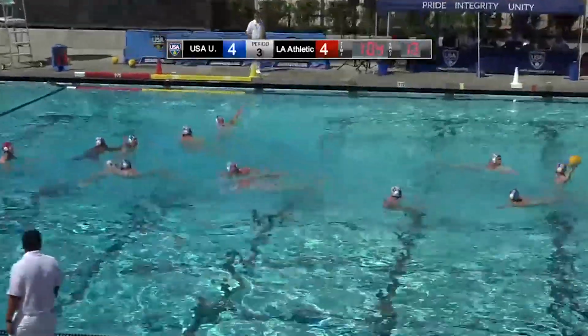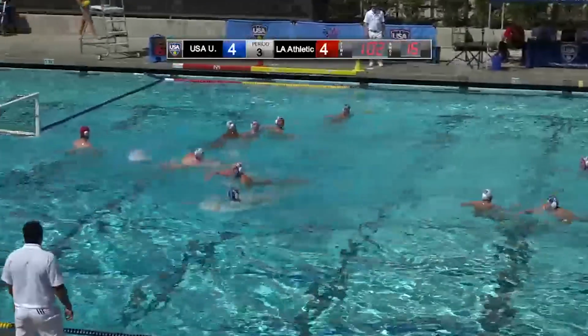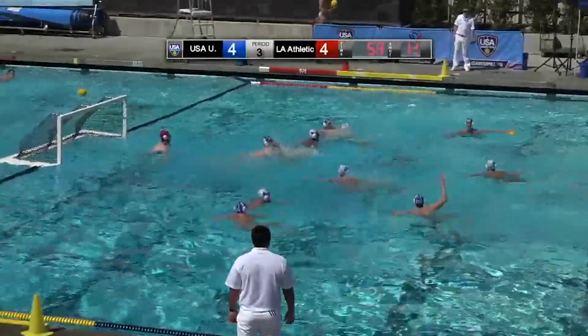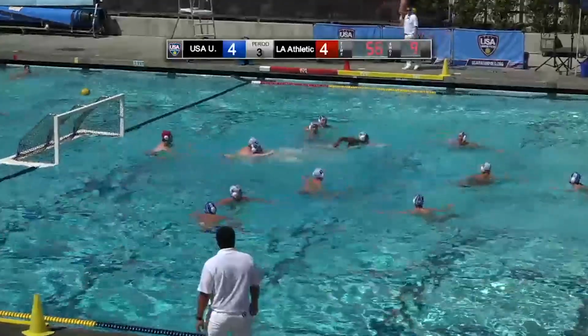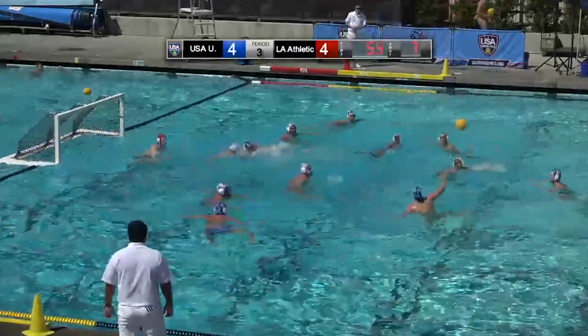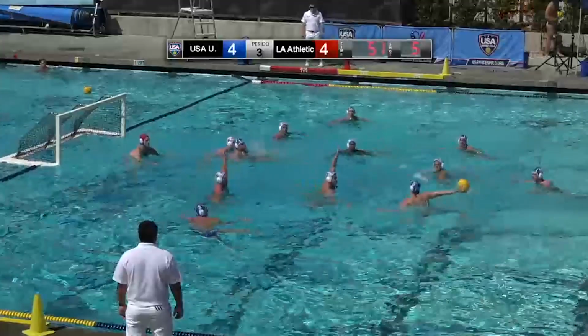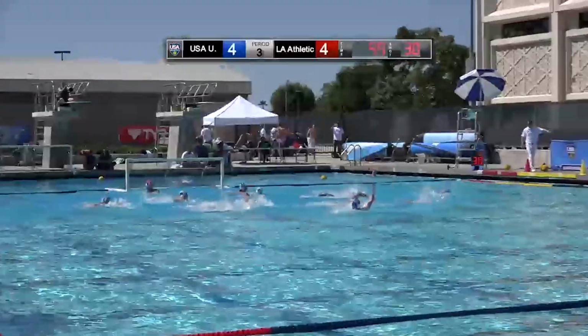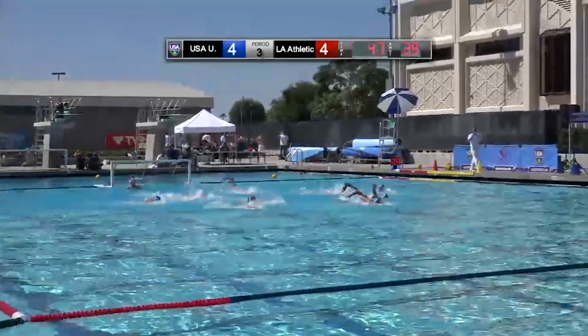Just about a minute to go, third quarter. All even at 4 between University and LA. Here's Vergy. DeBow setting 2 meters, 4, LA got athletic DeBow in at center. McClintock tries to go skip from distance. That sails over the goal. Just under a minute left in the 3rd